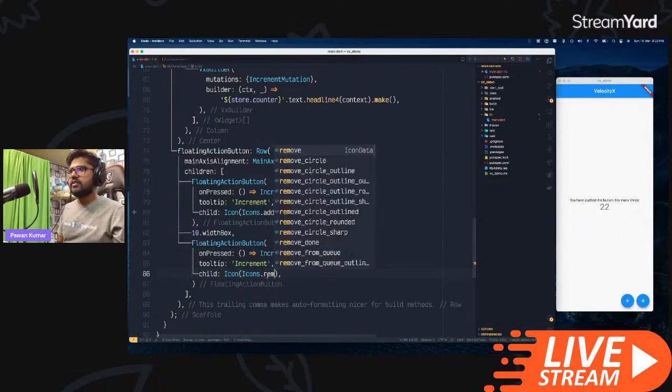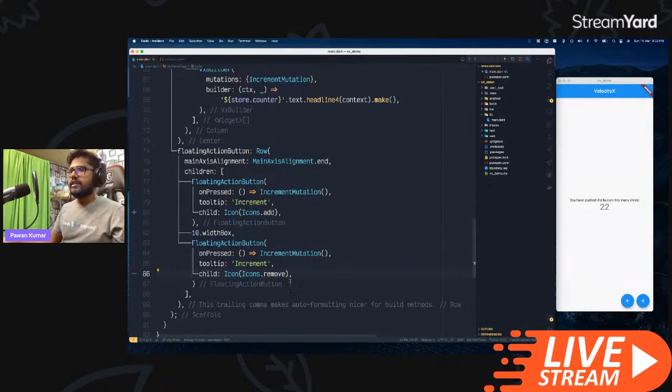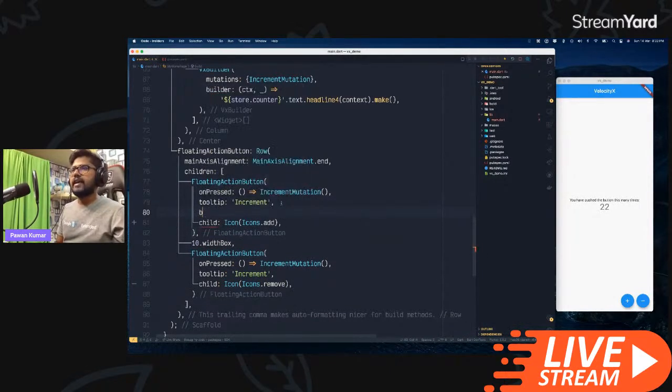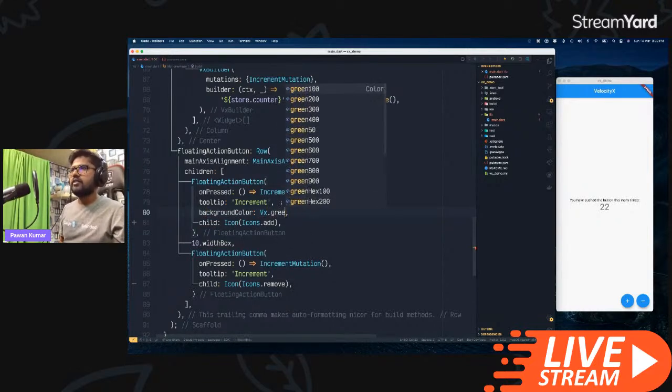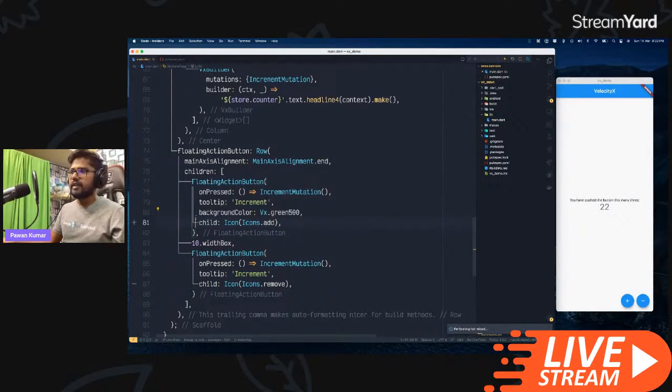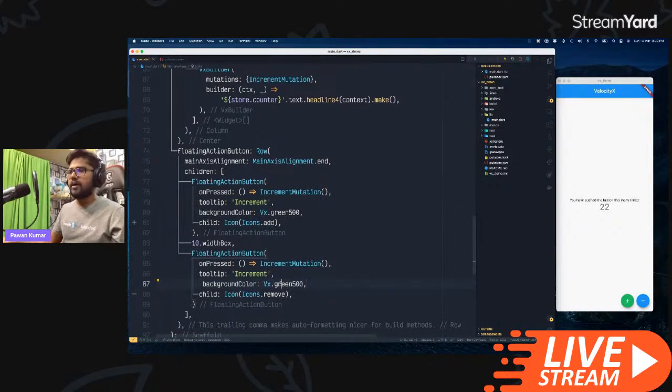Icons dot remove should be there, I guess. Remove, yes. And we also want to change the color. So for color, the background color property should be there, and I'll use vx dot green 500, for example, for increment. And for decrement, I will use red 500, and we can just say decrement here. So how will we deal with this? We can say,